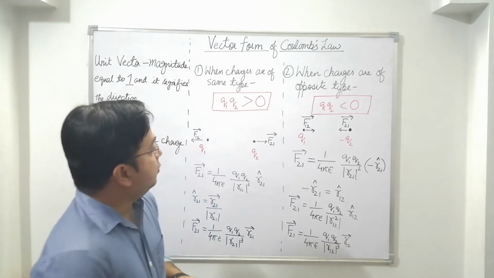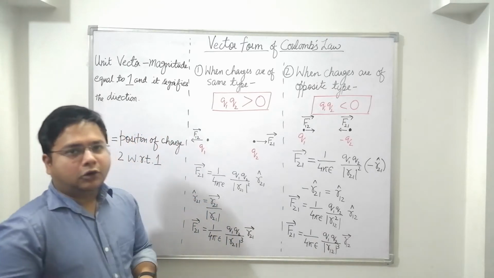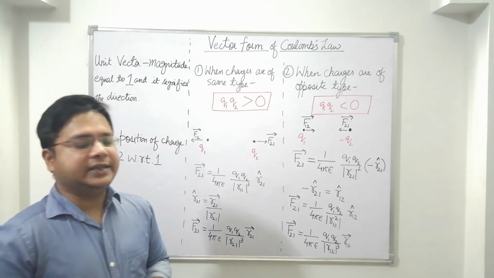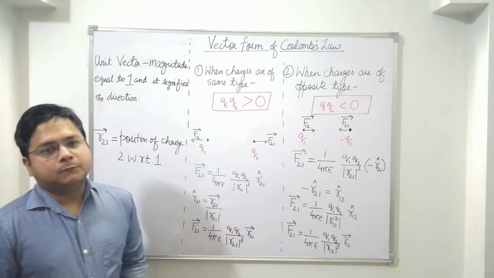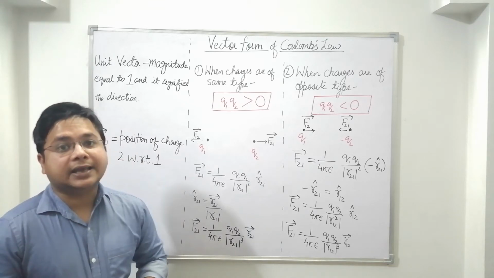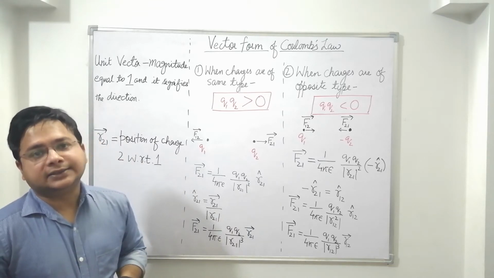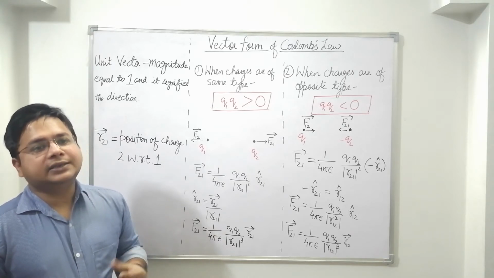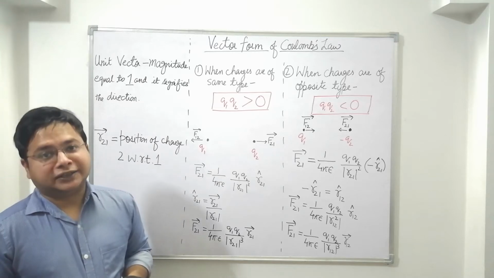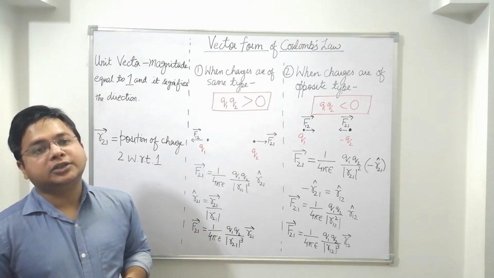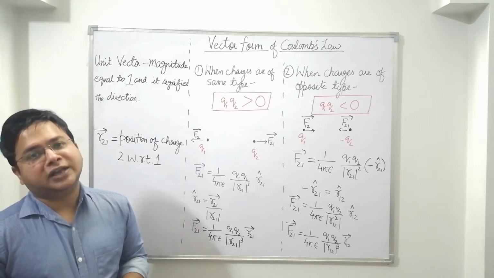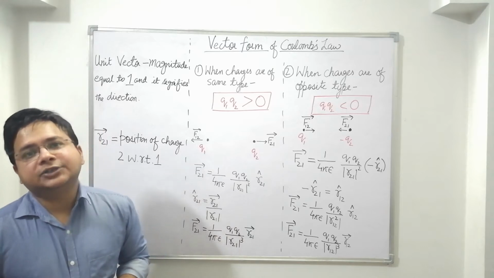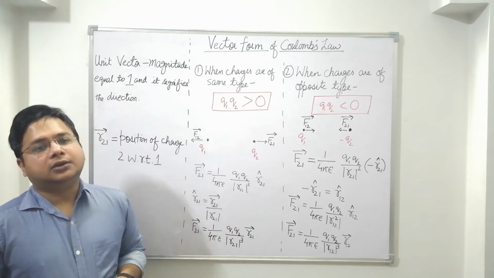Before we get into the detail of today's topic, let us first revise what we have already done in class 11. We have studied unit vectors in class 11th. So what are unit vectors? Unit vectors, as the name suggests, are vectors of magnitude 1, or unity, and